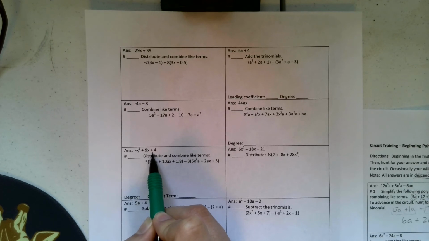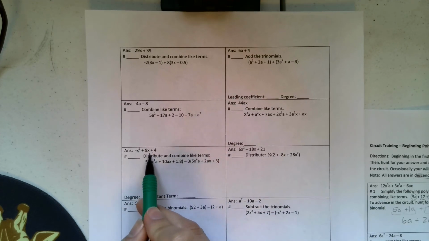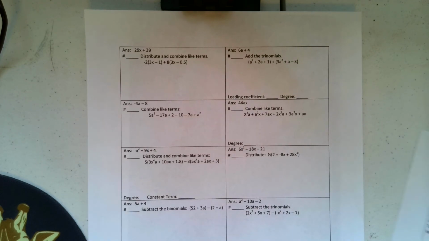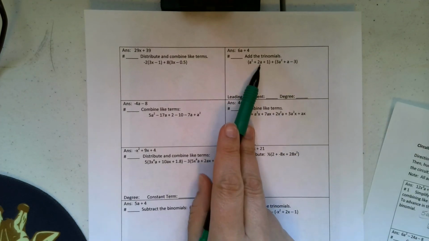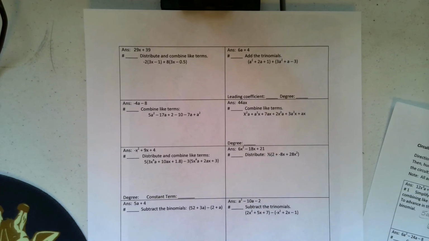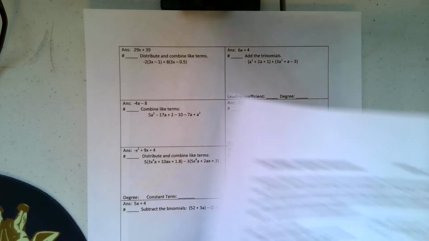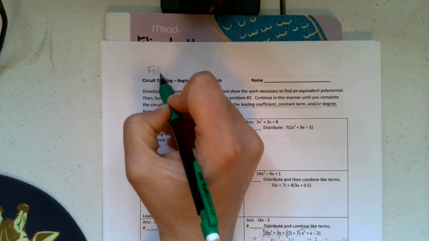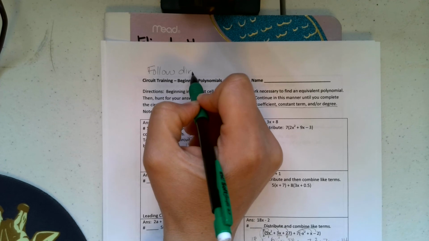You're still looking for those polynomials. I didn't number this one, so we don't know what number this is yet. You have to get to it in the process. Okay, but we did that one together. Adding trinomials, combining like terms, subtracting. I don't think there's anything else here that you can't do, and I already handled the one with the fraction. So reminder, follow the directions given in each box